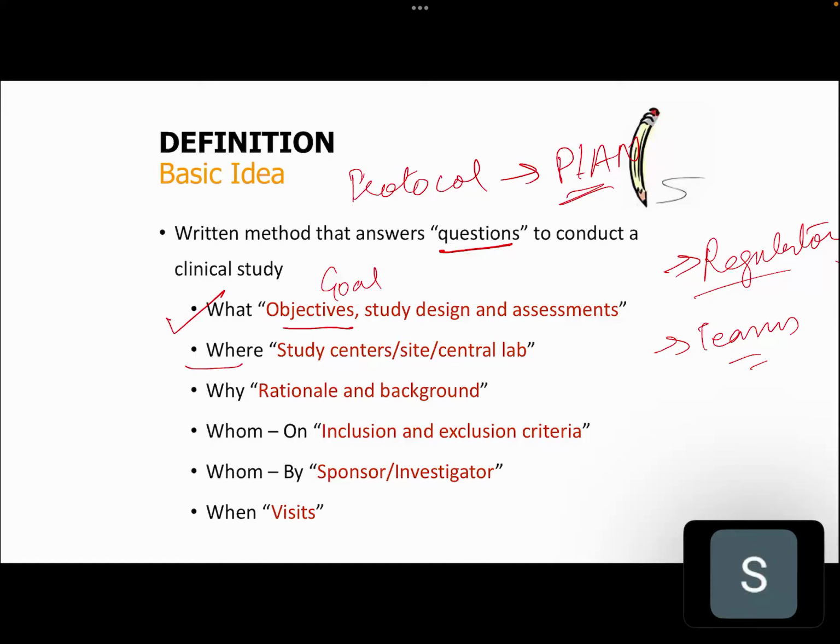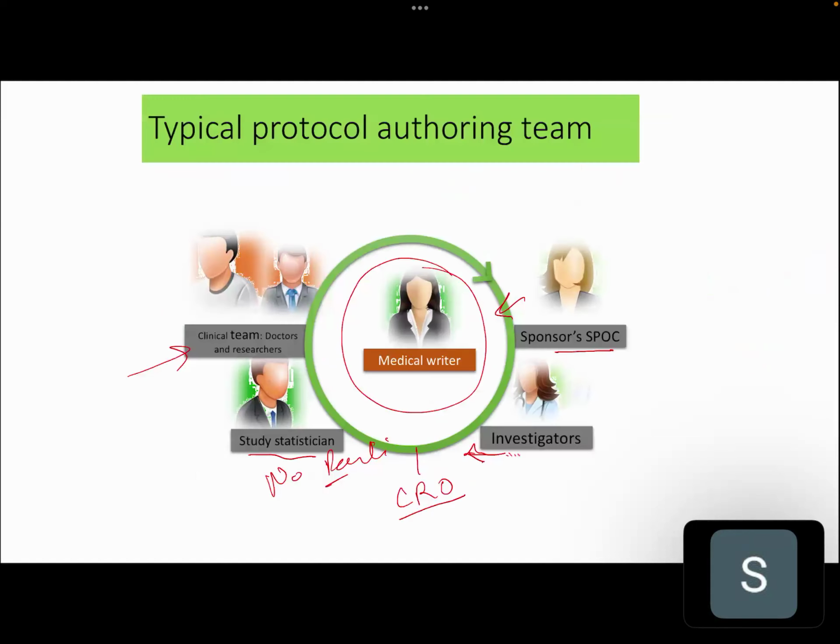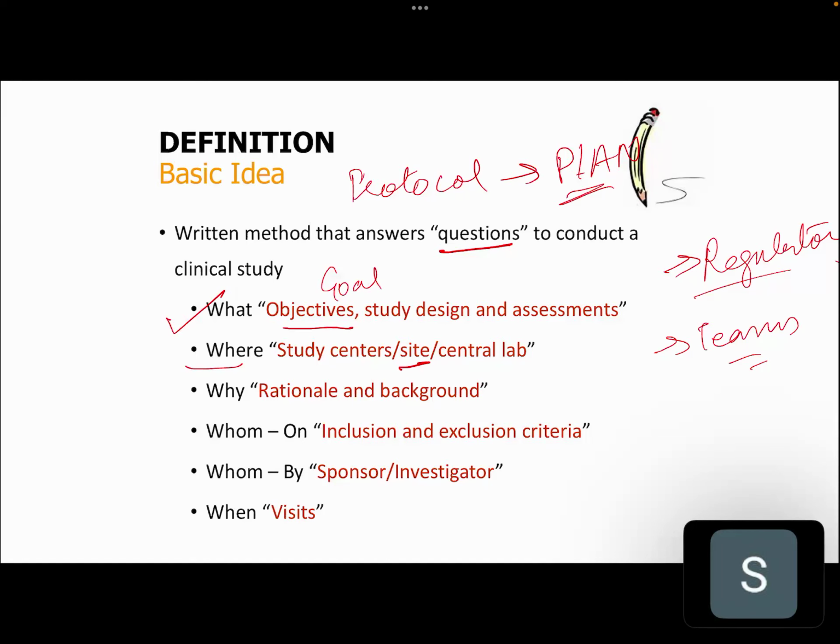Second, where you want to do your trial. Number of sites. Is it multi-centric? Only one? Multi-country trial? Why are you doing it? Why is there a need? See, in the GCP principles, if you remember, we have studied